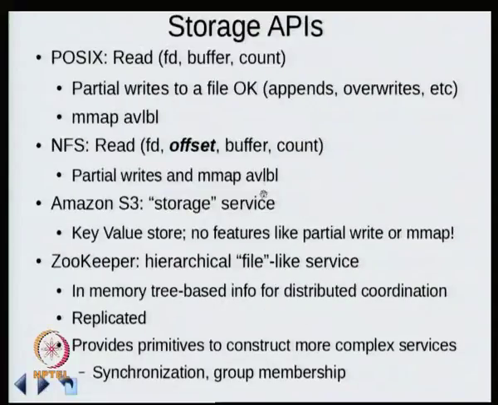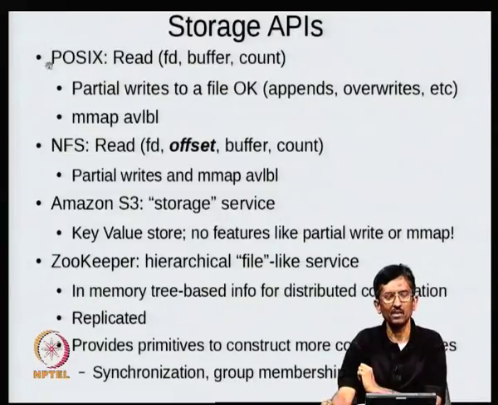Before I proceed, I'll just go over the slide we saw some time back. So basically, we have various types of models. We have the POSIX model, the NFS kind of model, the ad hoc model that 1980s people came up with, the Amazon model, which is a more recent one, and Zookeeper also is some fairly recent one. I'm just giving you 4 examples of the kinds of properties they get. POSIX tries to give you some interesting guarantees, and of course the guarantees are finally based on what the devices can give it.